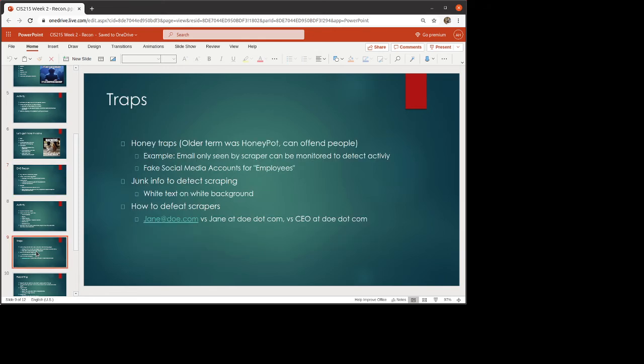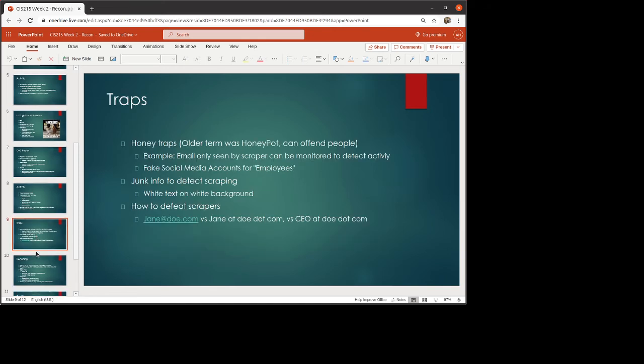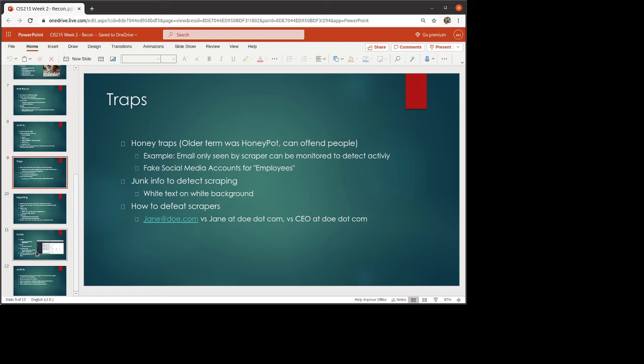So we're going to skip right along to traps. Now, traps or honey traps, the older term was actually honeypot, but honeypot is mildly offensive to some people, to majorly offensive to some people. And it's because of the origin of where the term honeypot came from. So if we look at honey traps, what we're trying to see is the other side of the equation of